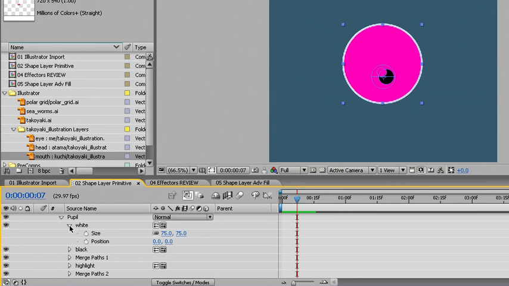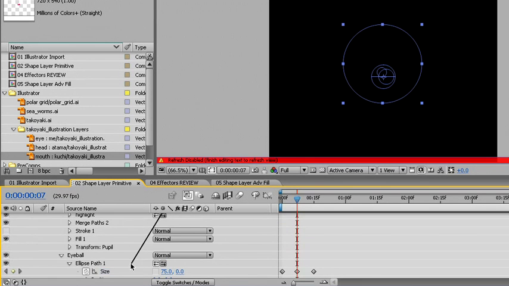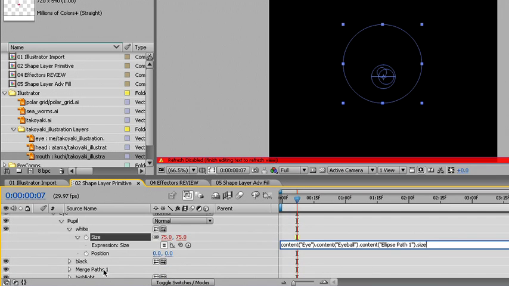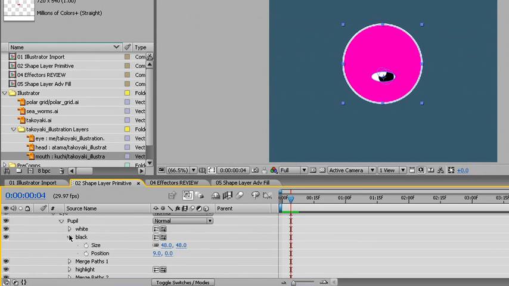So what we can do is use the Alt key or the Option key and click on the stopwatch to create an expression. Then using the pick whip, drag down to the value for the size of our eyeball. We'll use Enter on the number pad to accept this, and now clicking and dragging on the timeline shows that the pupil is concealed when the white value inside this group is affected by the expression. We'll close this up and open up the black. The importance of this expression is that we still have the ability to change the position of the pupil while the eye is blinking. We'll close all of these up